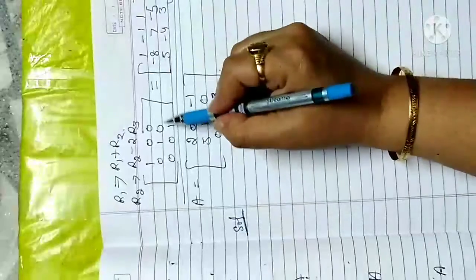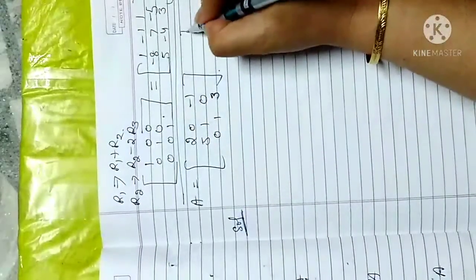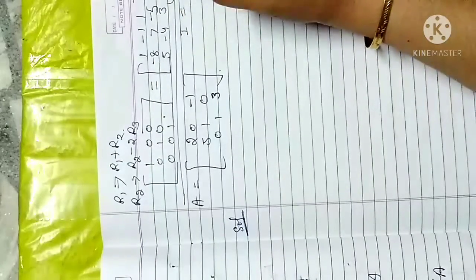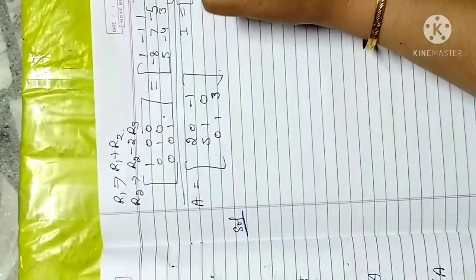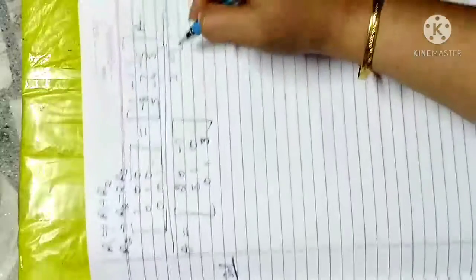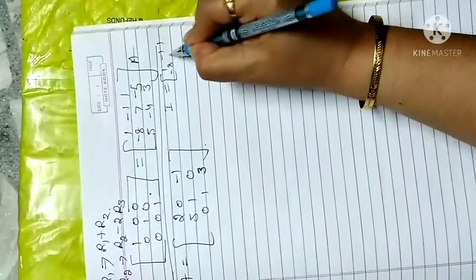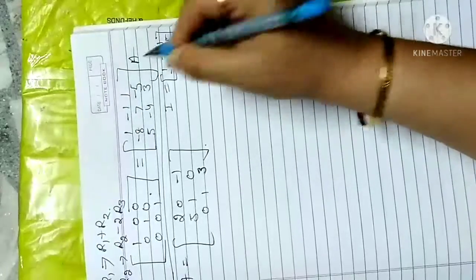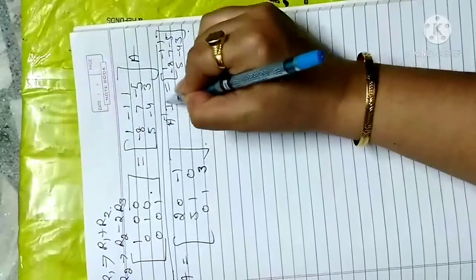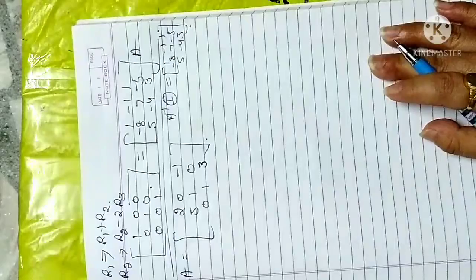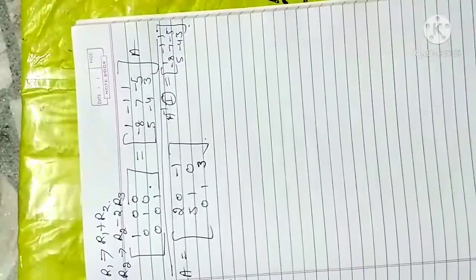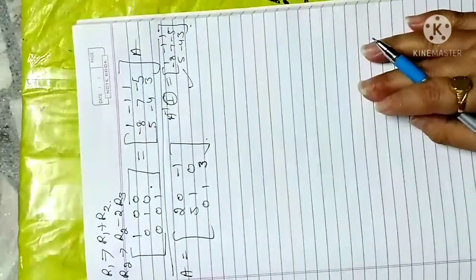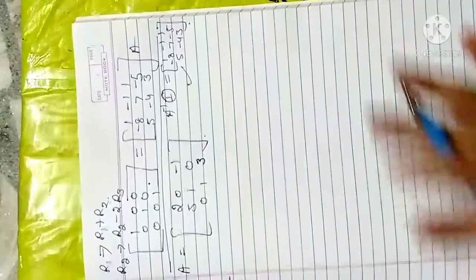So when you look at this, this is the identity matrix, and this is my required matrix: 1 minus 1 1, minus 8 7 minus 5, 5 minus 4 3. This A moves on and becomes A inverse, and this identity matrix multiplied with any matrix merges into that matrix. So that is my required A inverse. That was my row operation.